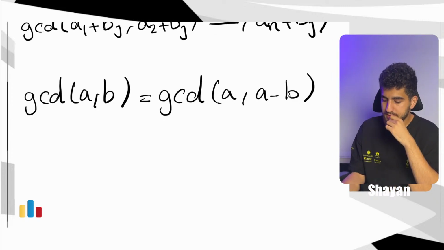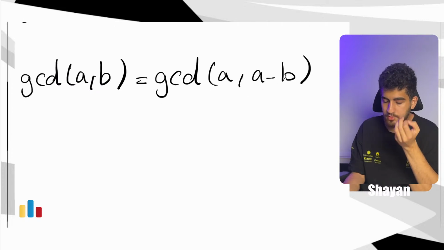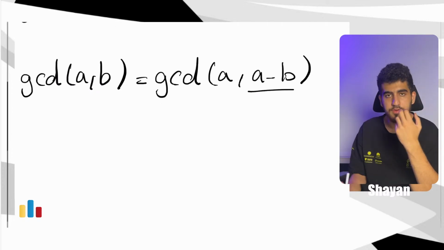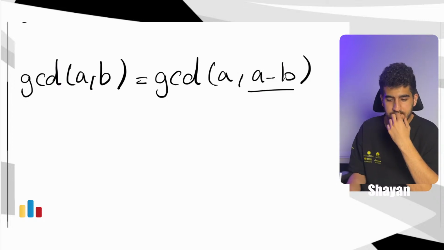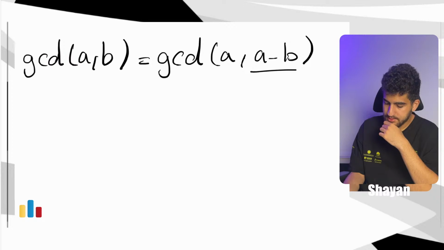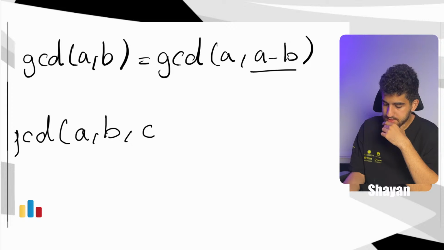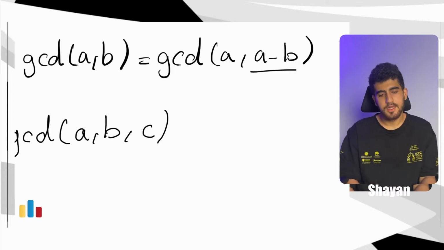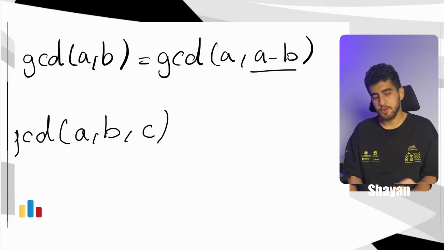I mean, it's not only true if we have 2 numbers in our GCD and we just change one of our numbers. It can also be true if we consider that we have several numbers. For example, assume that we have 3 numbers, A, B, and C. Assume that they are in the sorted order.